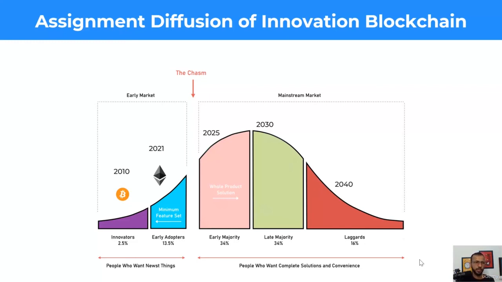So there are so many projects like Solana, Polkadot, Cardano. So please spend some time and just quickly understand the product adoption or the diffusion of innovation in the blockchain category. Even if you spend 5-10 minutes doing that, you will get a good understanding of how exactly these